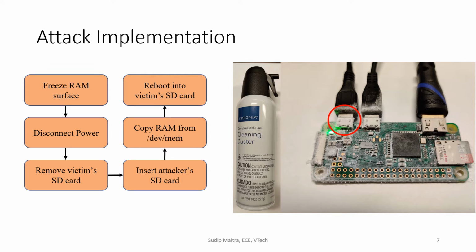The steps to mount the cold boot attack are depicted in the figure on the left. First, the attacker freezes the top surface of the RAM by spraying compressed air while holding the can upside down. The leftmost USB connector is the power input on the Raspberry Pi board as seen in the picture on the right. Attacker quickly removes power from the board, pulls out the victim's SD card, and inserts their SD card where